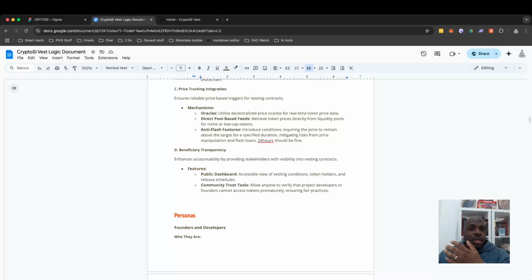that fee will be paid in the actual token that's being invested, which has one major plus point: you don't actually have to sell your token to pay your fees. You pay your fees in your token. So CryptoSI DAO will be collecting fees from all of these tokens that are vesting here in the token that